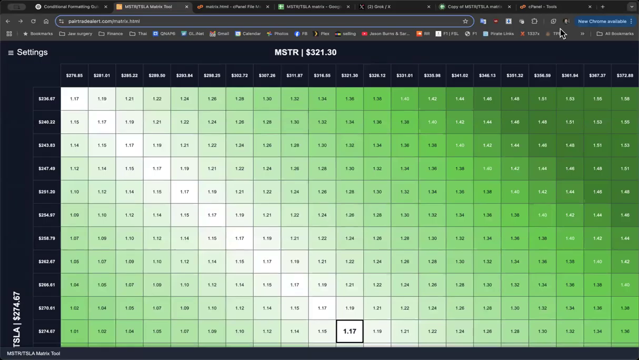Hey everyone, just thought I'd do a little video on this website update that I've been working on today. I'm not sure if this is useful to anyone, but it's something that I have been trying to figure out how to visualize. When you're trying to calculate how many shares you're going to make if you do a pair trade between MicroStrategy and Tesla, rather than having a calculator or a spreadsheet, I thought, why not create a kind of